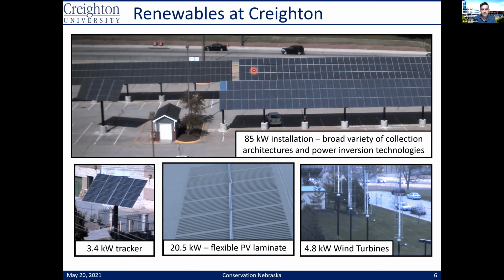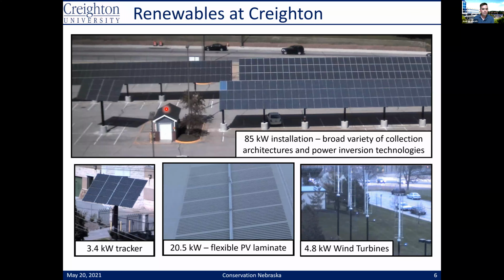It's an 85 kilowatt installation, and it's actually made up of 4 different arrays that are built into one large array. Each of these arrays, and I'm showing 3 here, there's actually a 4th one off to the east, has about 105 panels, or about 420 total panels for this entire array. In addition to that array, we also have a small tracker unit. It's a 3.4 kilowatt tracker unit, or about 16 panels. And so this is our primary array.